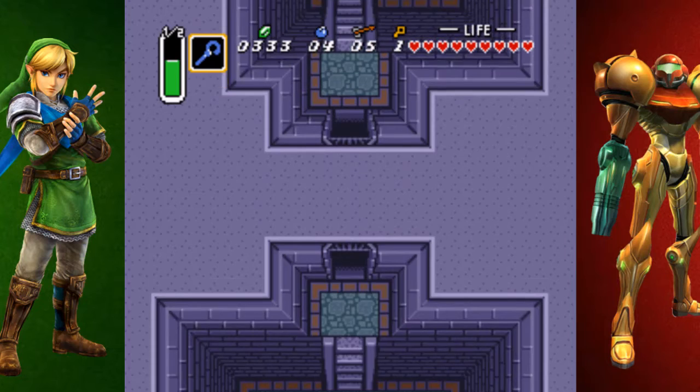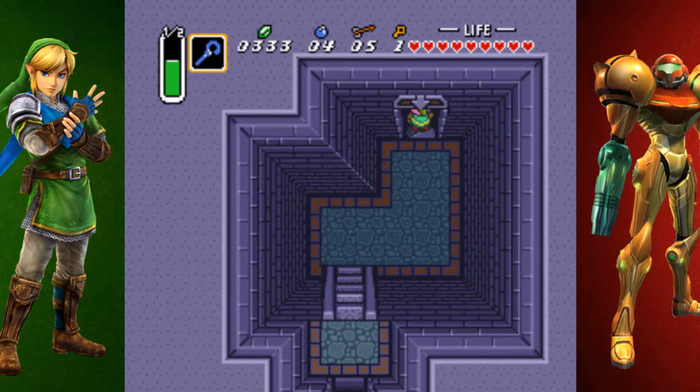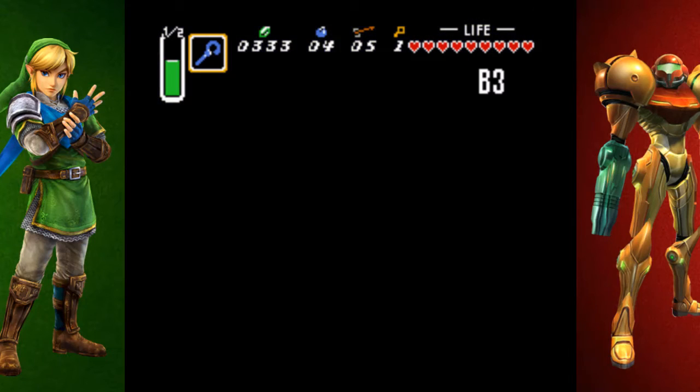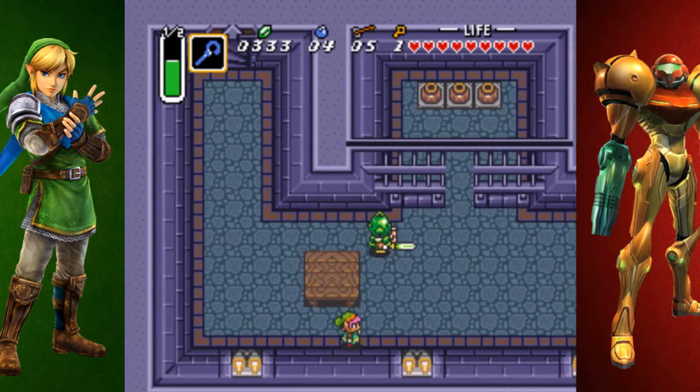So, it's looking more and more like I'm going to have to go into the sewers to get that one chest. Because I already have the key and I already have the map. So that means I'm going to have to go to the sewers. So that means there is an item in the sewers. However, we cannot get it until...